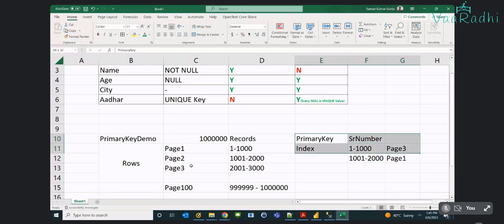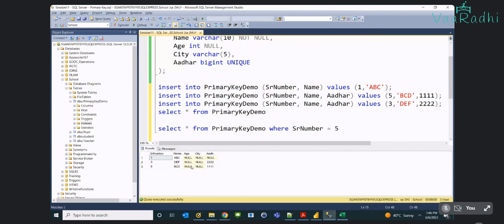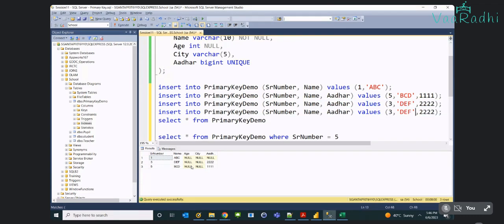Internally, this index will be built as soon as you insert a record. This index will keep on getting updated as we keep on inserting or updating data in this primary key demo table. It's a dynamic one. Your index keeps on getting updated. It's not like a static or fixed book, which is printed and sold with a fixed number of 400 pages. It's not the case, because as our business increases, our table will have more records added on a daily basis. So as soon as a new record is inserted, let's suppose you insert one more record, 2,